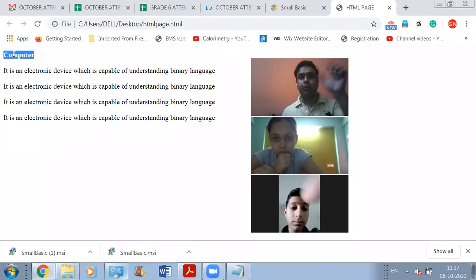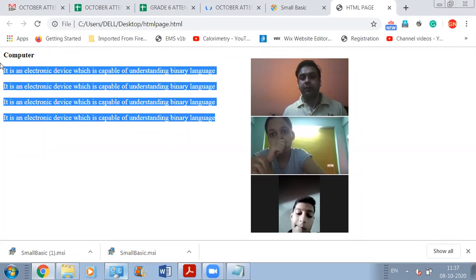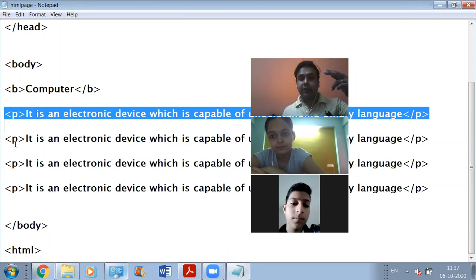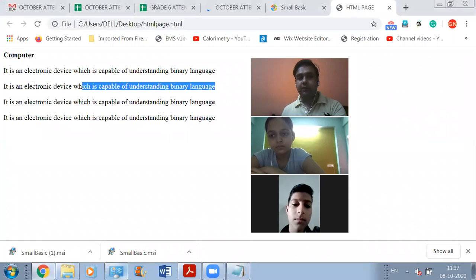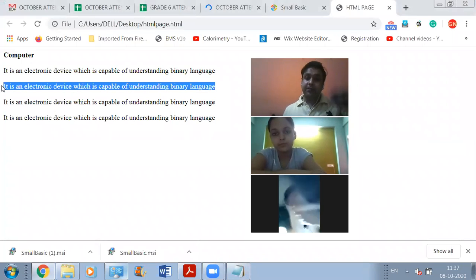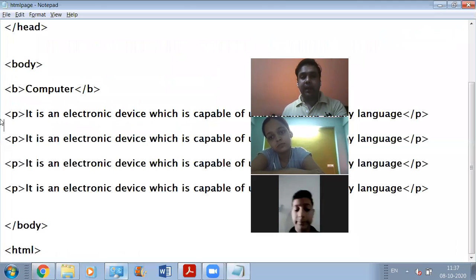Bold से हम लोगों ने क्या करा, जो heading है उसको bold कर दिया, और paragraph tag से हम लोगों ने ये paragraphs define कर दिए. अब यहाँ पे we have not used BR tag for defining individual lines for this paragraph. Paragraph automatically अपनी अलग line पकड़ लेता है इस तरीके से. This is the first paragraph, ठीक है, और ये second paragraph है. उसने अपनी separate line खुद पकड़ ली. We haven't defined anything like break tag. हम लोगों ने break line tag का use करा ही नहीं यहाँ पर. ये खुद ही separate होती जा रही है.